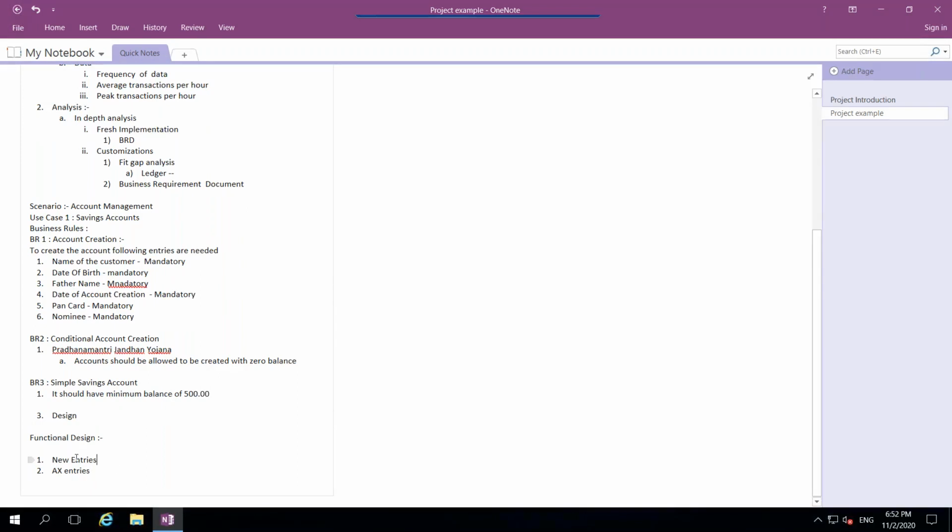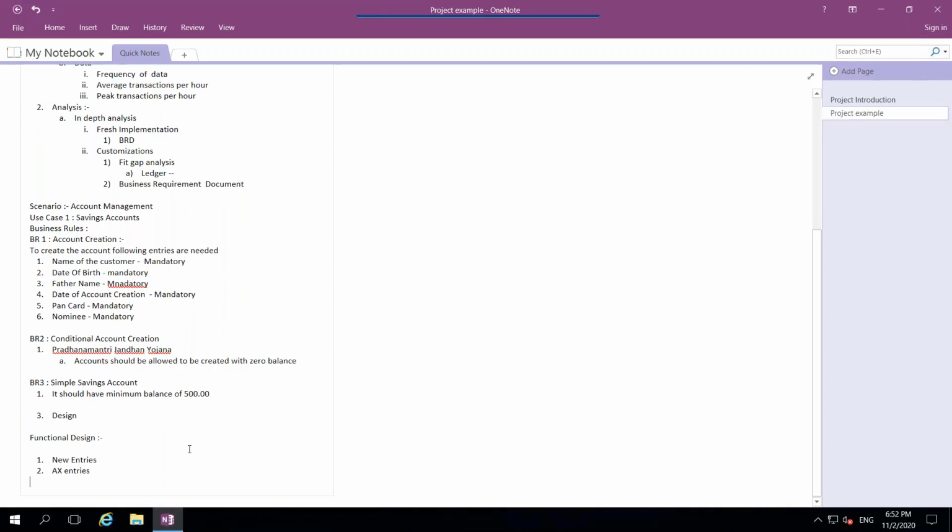Now they will let you know what should be customized. If there is any customization, they will add the screenshots. And then they will say where exactly and what should be added or updated. And similarly, what they will do here,